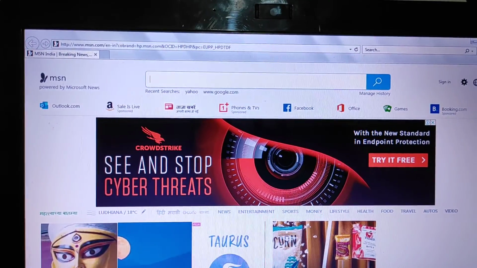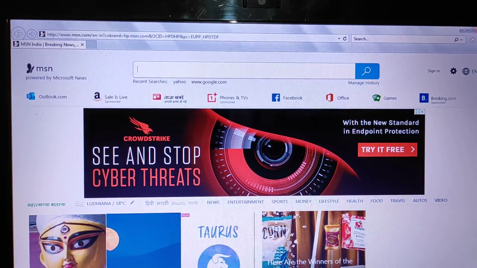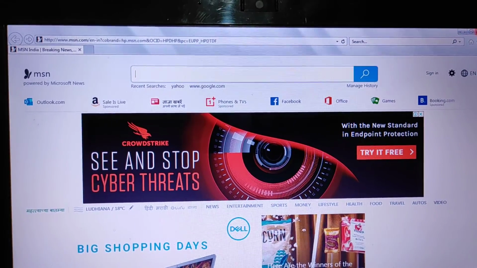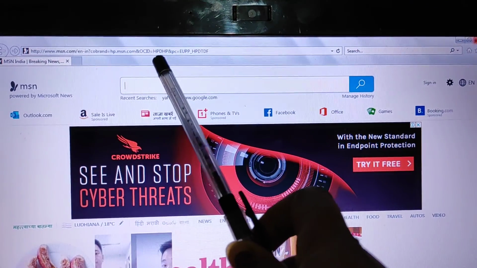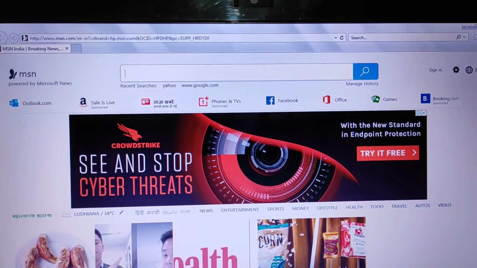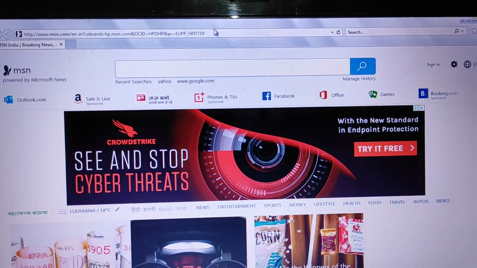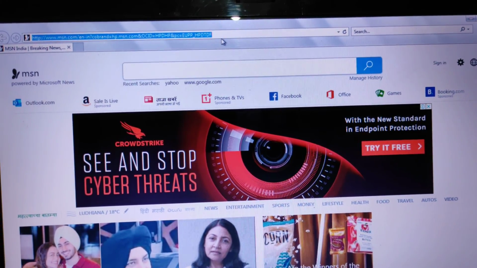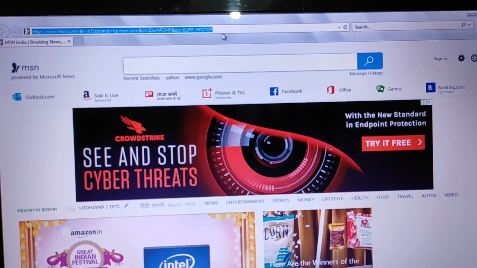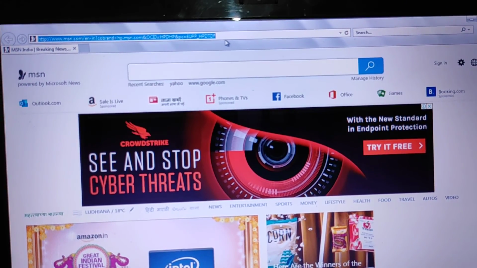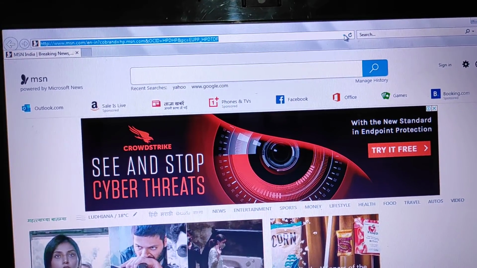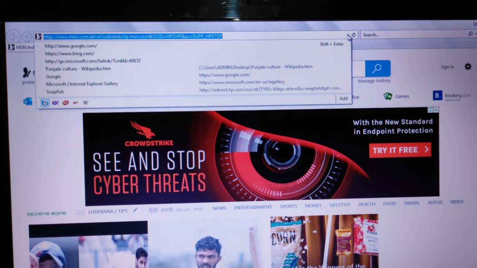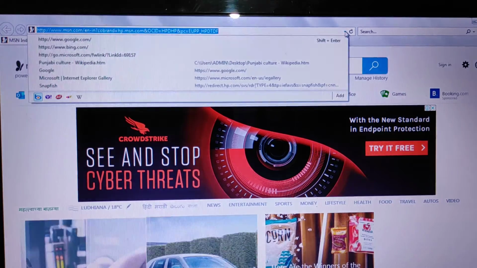Next, the Internet Explorer window. Before working on the IE web browser, you should know about its content. So number 1 is the address bar and instant search box. This is the address bar and instant search box. I will highlight this one. It is used to type a URL address of a web page that you want to visit. Next is the address list. Now this is the address list, this one. By clicking this arrow, you will see a list of addresses you have typed into the address bar.